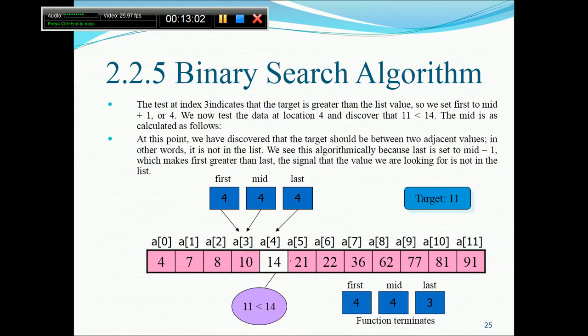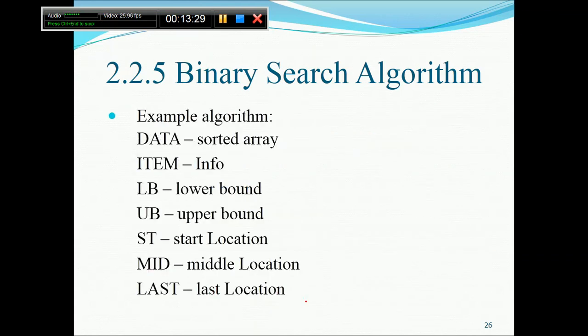First, middle, last, there is only one element left. 4 plus 4 is 8, 8 divided by 2 is 4. Fourth index, the element is 14. So we'll ask, okay, is 11 smaller or greater than 14? The answer will be smaller. But we already know we have already exhausted this part and this part of the array because the numbers are not present here. This means 11 is not present in the list. The function will terminate. We'll see the algorithm first, and then we will look towards the time complexity.